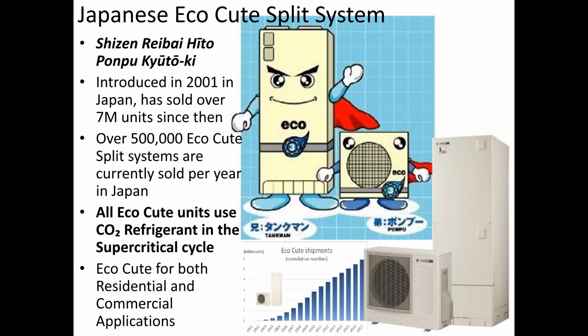So just as Greg showed us the nice manufacturing facility that they have in Michigan, we're going to ask where this particular type of product, this split system, comes from. Because it is not a US design, and it certainly isn't something where we go, oh yeah, this is the way it was set up here in 1950 something or other. And this is where my Japanese accent is horrific, but I call it the Shizen Ribai Hitopompu Kyudaki,